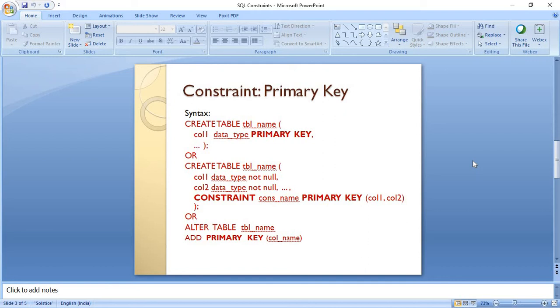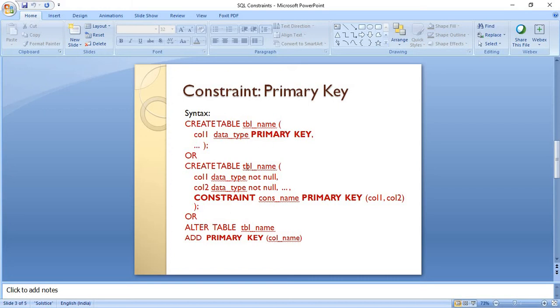So the syntax for primary key is quite similar to the other constraints. Again, we have two ways to create this primary key. First is at the time of table creation: create table name, then column 1 followed by data type and followed by primary key. We can pass the constraint name here.